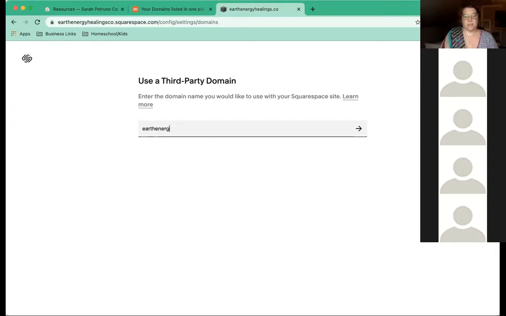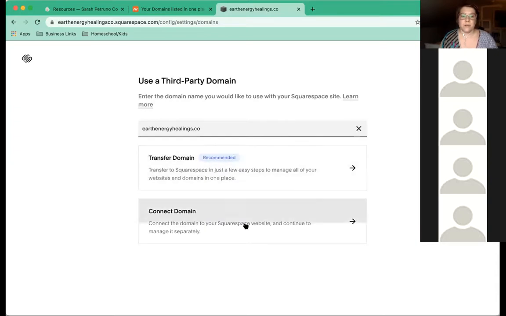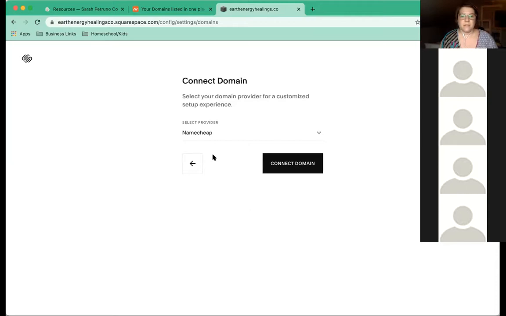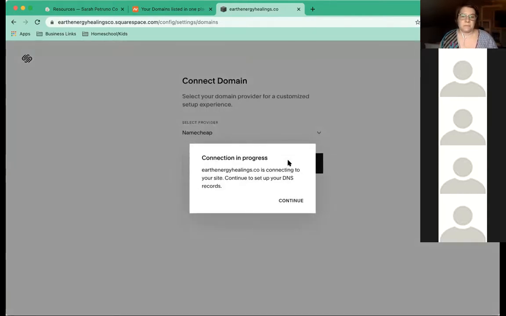Maybe I should have a domain called Earth Healings, earthenergyhealings.co. Then it's going to detect where that domain is. Here it says recommended, but I'm not going to do that. I'm just going to connect my domain. So here's my provider, connect domain. Then it's going to connect to your site, and you have to change some DNS records on your end in order to do that,